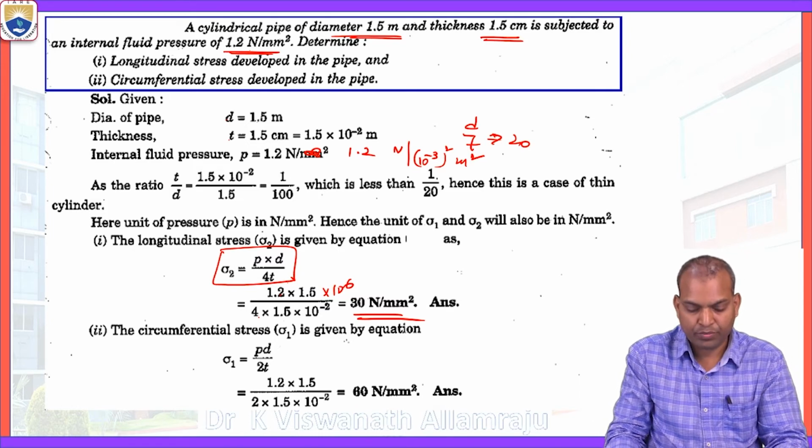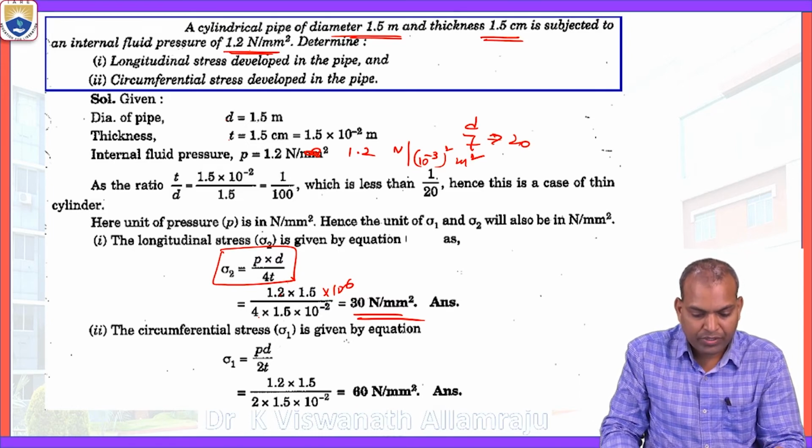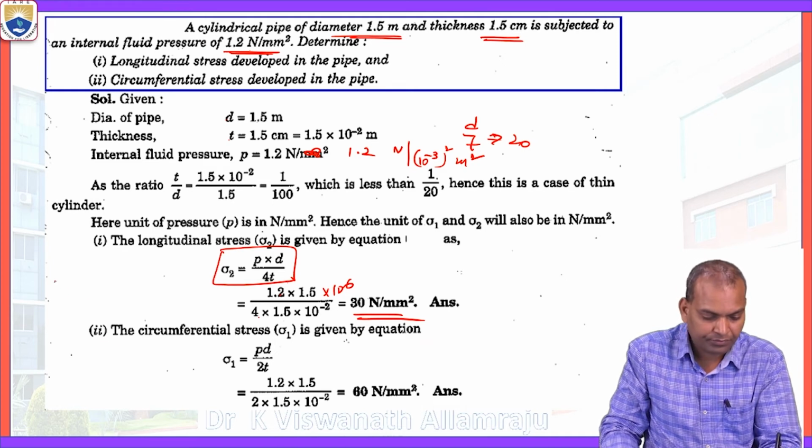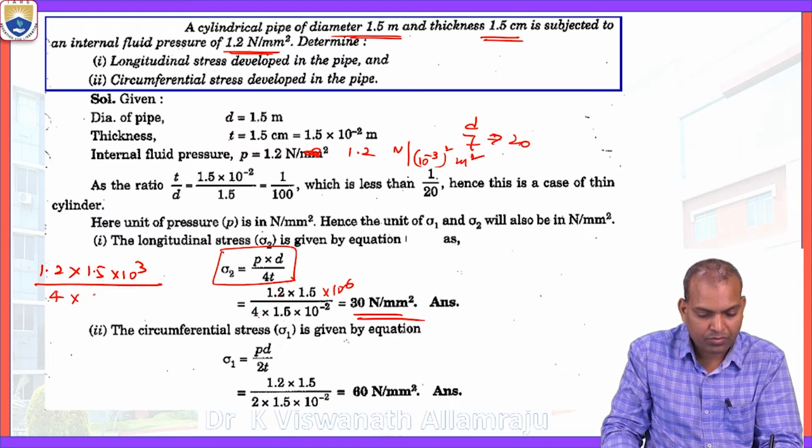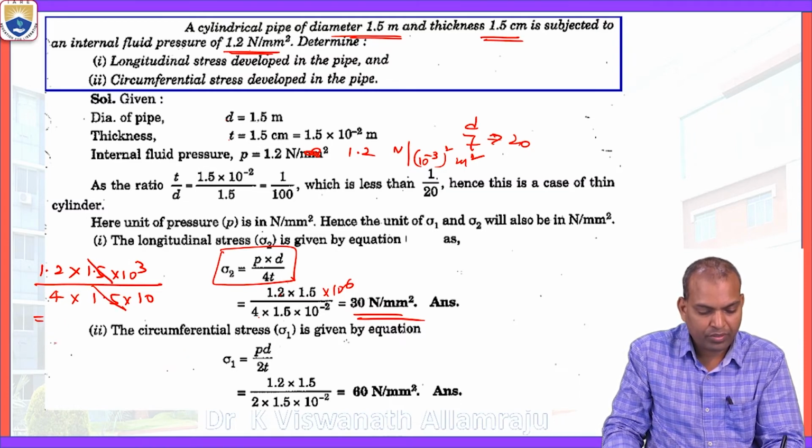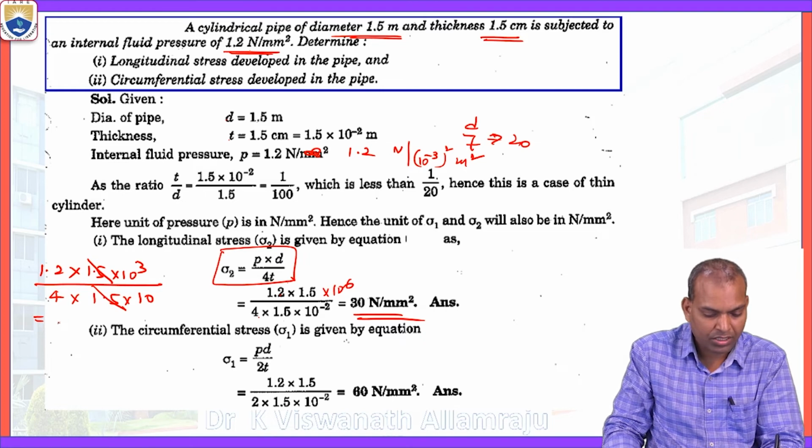So 1.2 Newton per square meter, 1.5 meters into 10 cube, by 4 times 1.5 into 10. Then 1.5 and 1.5 cancel, and it becomes 30 Newton